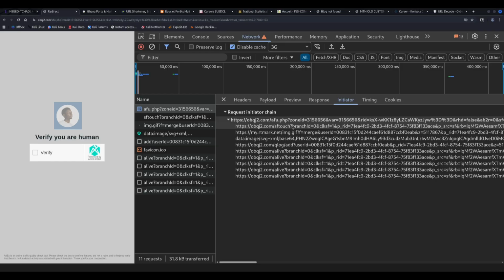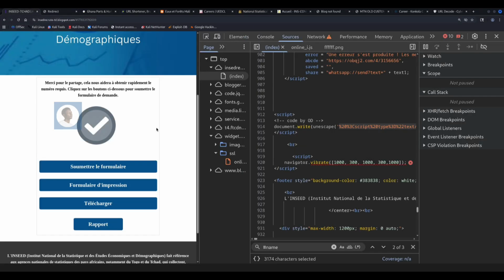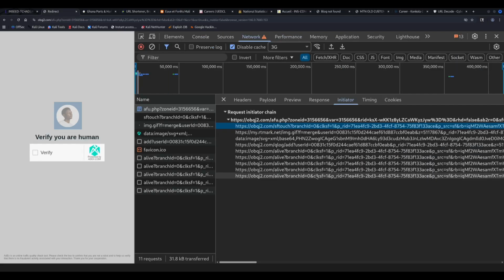Everything happening below it is a sequence of what afu.php triggers. Looking at the sequence, first of all, a session registration pixel at search sets a cookie that will recognize your browser on every future visit. So once you are past the stage of putting in your details and everything, when you return to this specific URL, you are just forwarded to the final destination. That's where you click, and then you are redirected to the TDS domain.